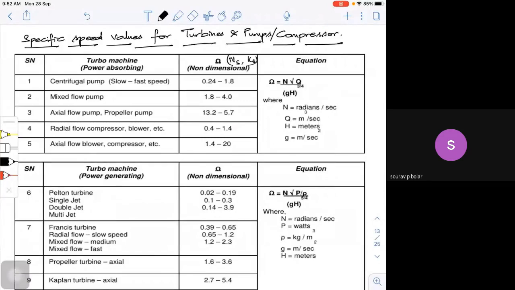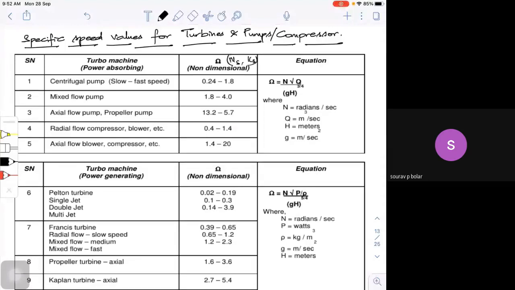We were looking at the different non-dimensional numbers for turbo machines. Moving ahead, I told you I'll be showing you a table with the numbers, and how non-dimensional numbers like specific speed can be used as a specification in choosing either a turbine, a compressor or a pump. Okay, I have a table here.